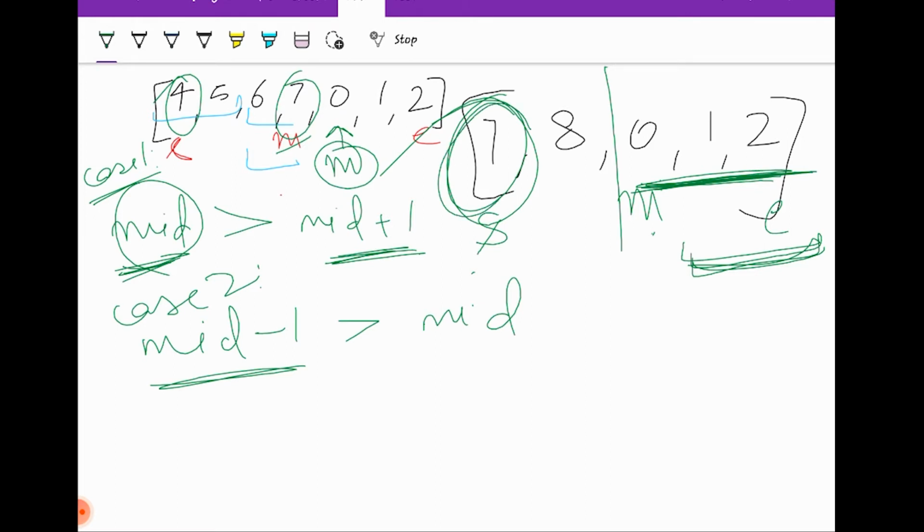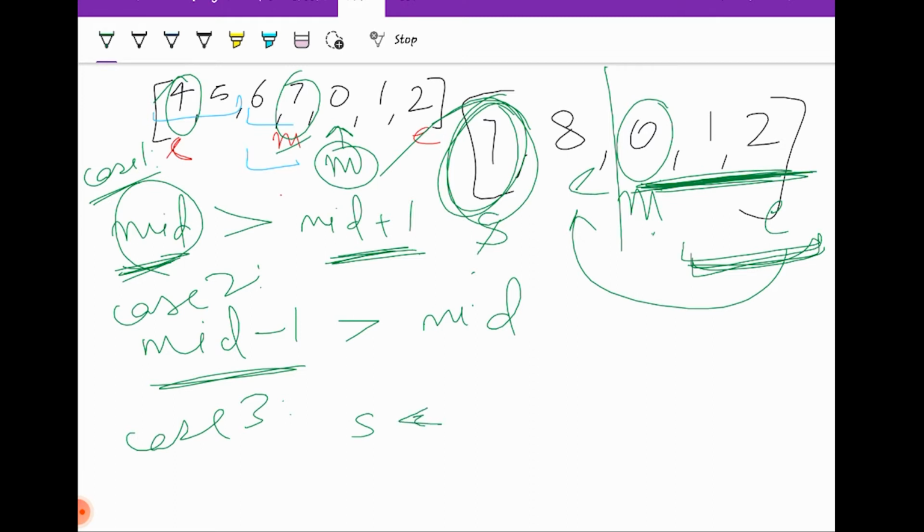Then why will I search here? I'll bring my end pointer here. So case 3 is, if start is greater than mid, then we will bring our end to mid minus 1.